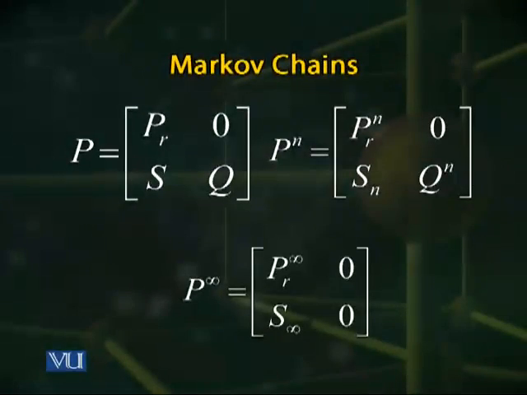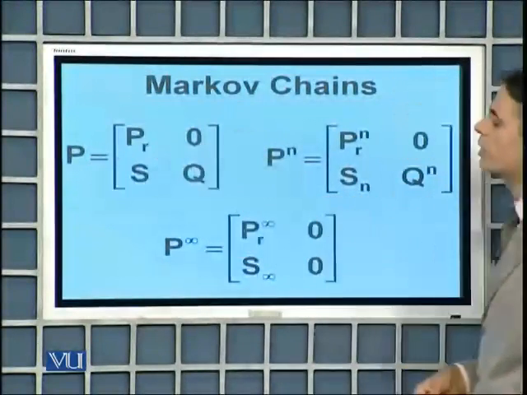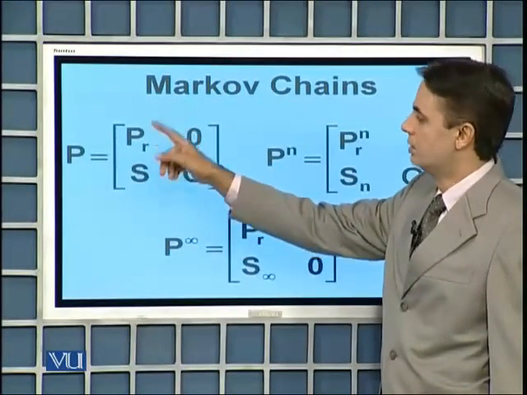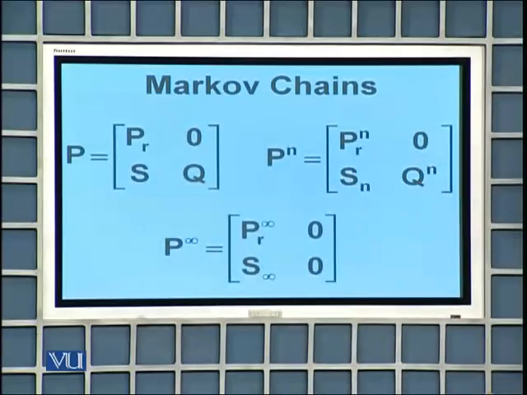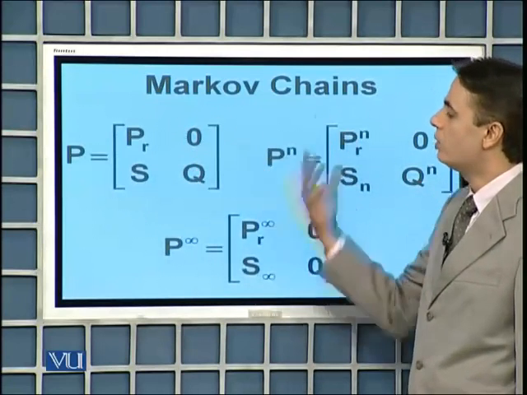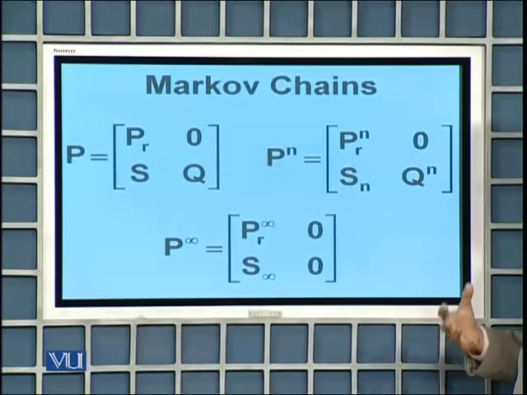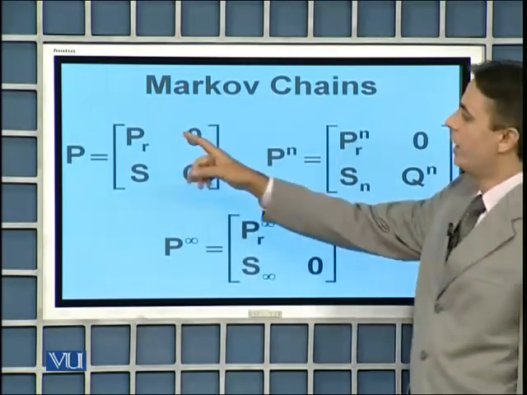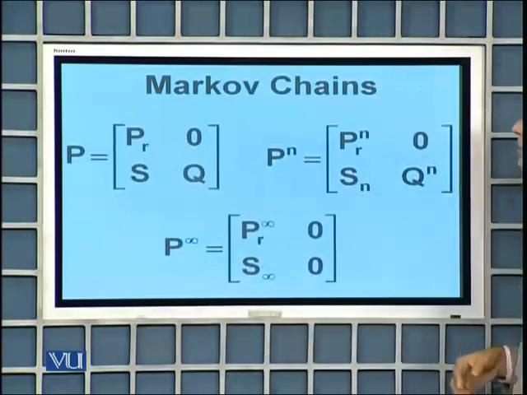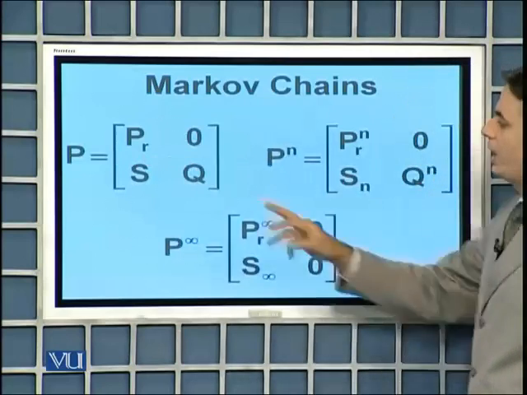This can be explained through proper partitioning of this one-step transition probability matrix that you can see on your screen now. Here I have partitioned the one-step transition probability matrix P into 4 submatrices. The top left corner represents PR, the matrix corresponding to recurrent states, and to the right of this matrix we will always have zeros, because it's not possible to jump from this group of absorbing recurrent states to the group of transient states. Hence in the top portion we have PR, the submatrix corresponding to recurrent states, and 0, and in the lower portion we have S and Q.